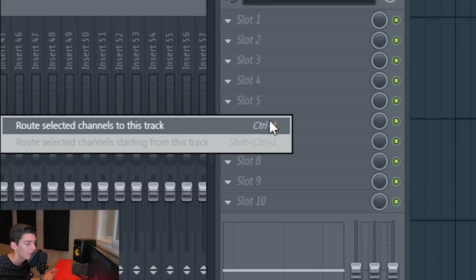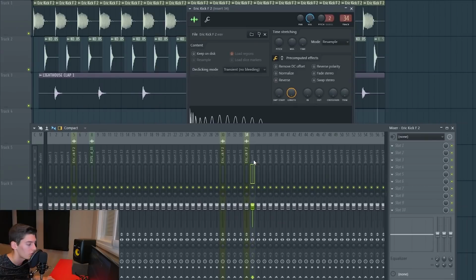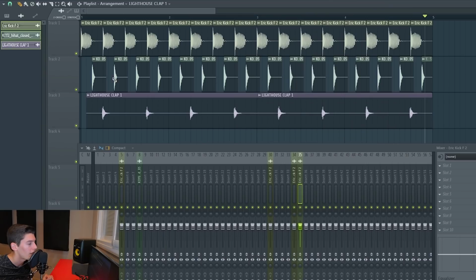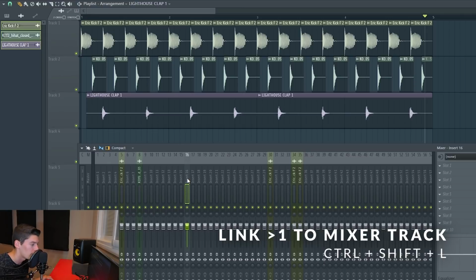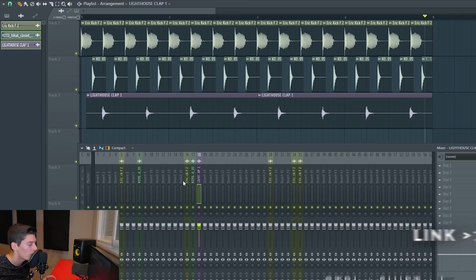But as you can see here, there's the shortcut info, and it's Control L. So that's what they show you. It's faster, and I always do it this way. And what if you have more than one sample selected, like I have now? Look it up here, and you want to put the three together. What you have to do is click Control, Shift, and L, and this way the three are going to be together